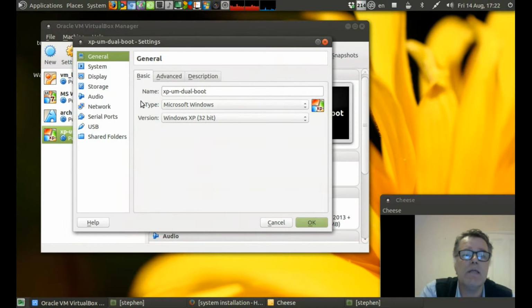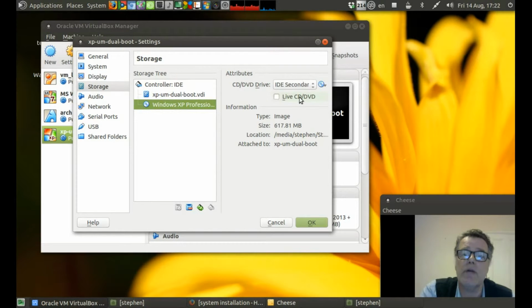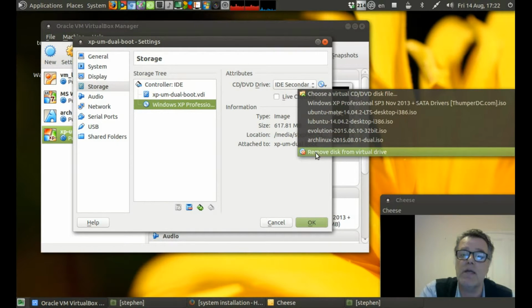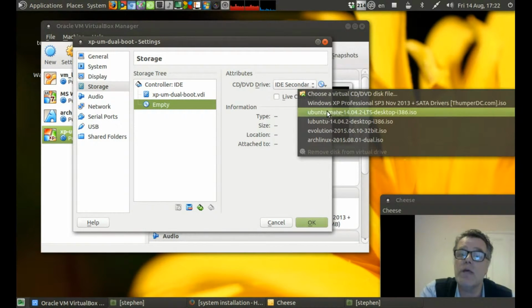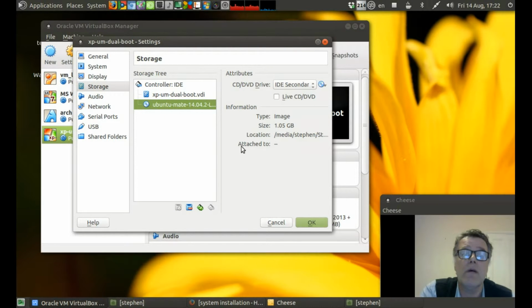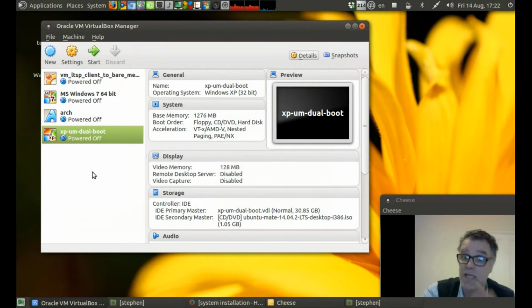Right, click settings, and I'm going to take out the XP CD, obviously, and I'm going to put in the Ubuntu Mate CD. There we go. So click OK. So now if I start it now, it would be like my previous videos where it's going to try and install alongside. Now this is where we're going to find out if it's going to act orderly like yours did,